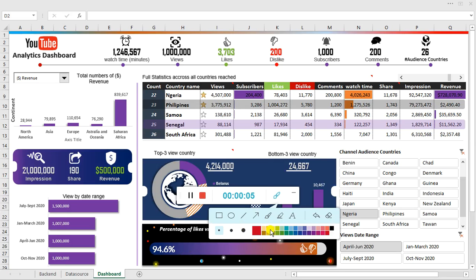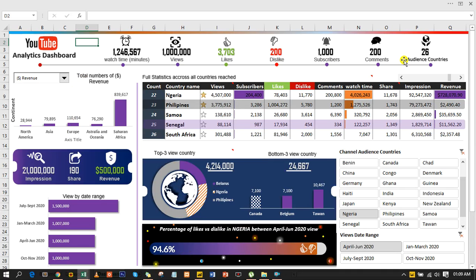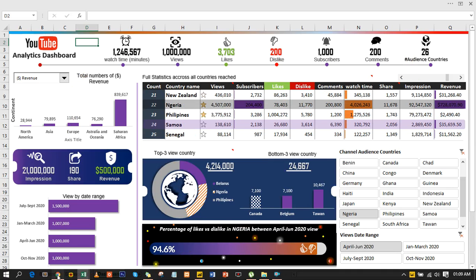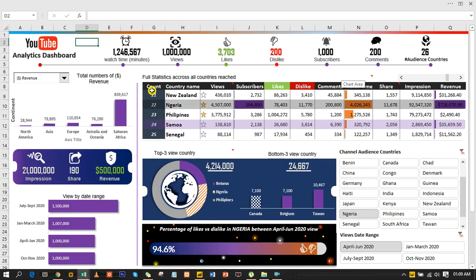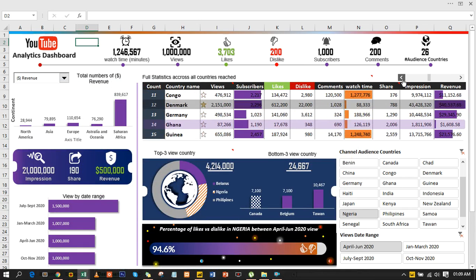Today we're going to look at how to get this complete dashboard built. In the previous video we actually built this dashboard. What the dashboard is all about is data we got from a YouTube channel, like this YouTube channel you have right here. We extract the data from this YouTube channel and analyze it right here. Now we try to see where those views are coming from, where our subscribers are coming from,